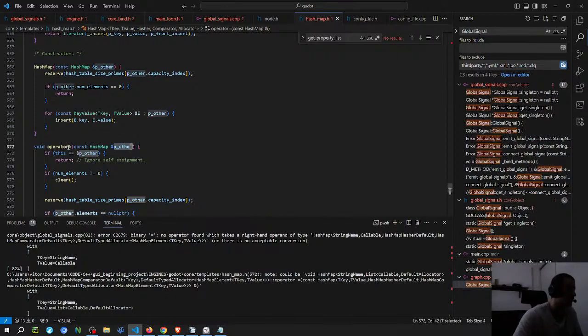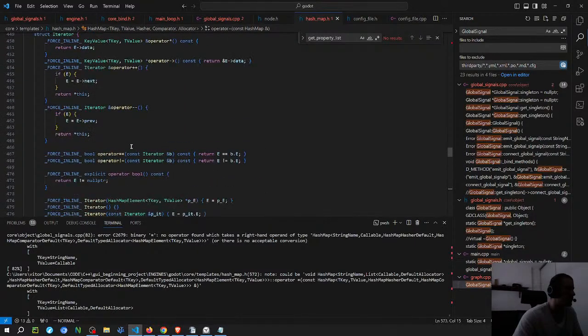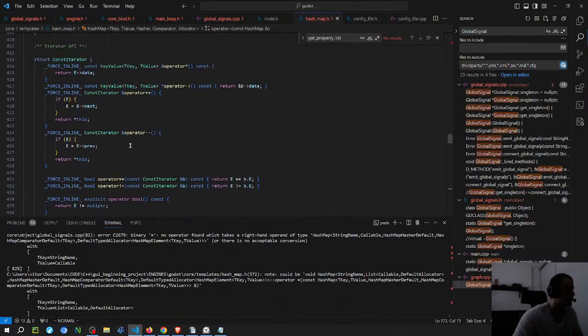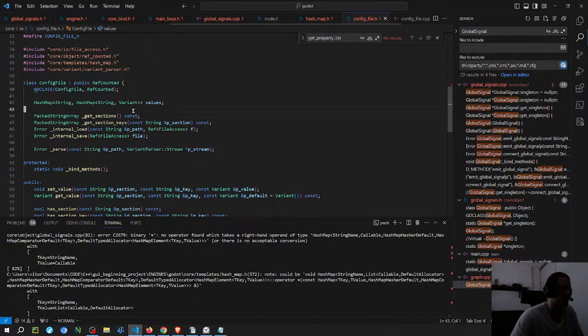I think just intuitively, the reason why I'm getting the error with the nested hash map in my case and it doesn't get the error on the config file is just because of the types that I created the hash map with, because they use the variant. They use string and then this variant.